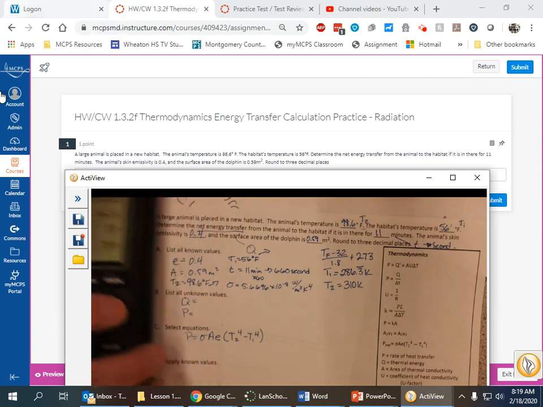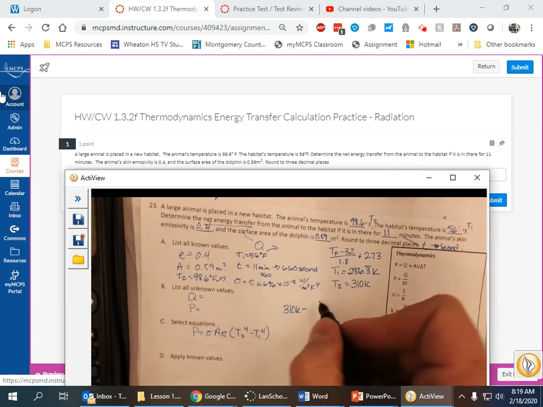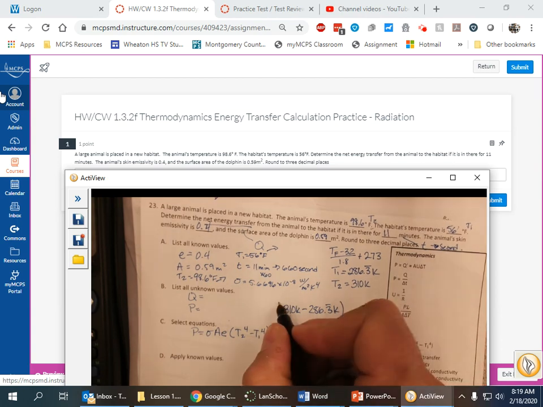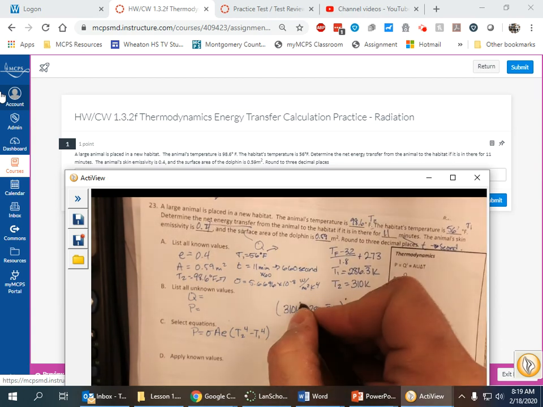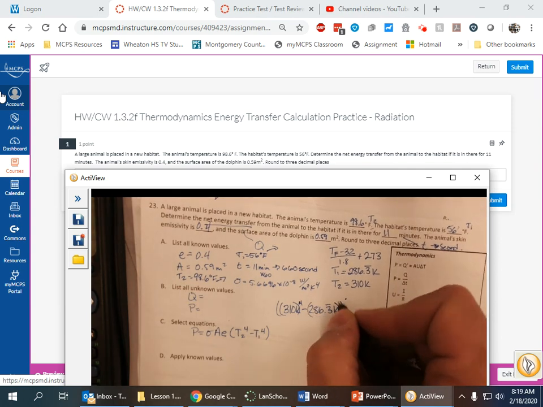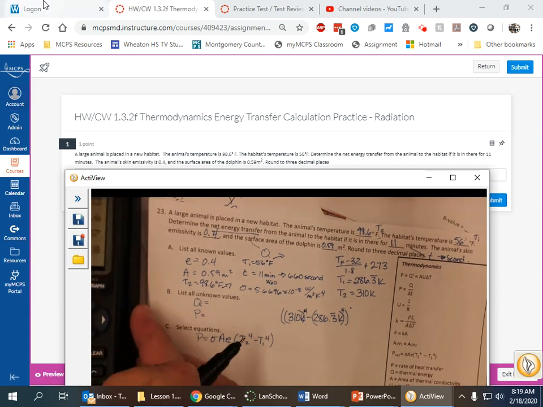So the first thing I'm going to do is the Kelvin: 310 Kelvin minus 286.3 repeating Kelvin, and to the 4th power. So I've got to do that to the 4th and that to the 4th. So I'm going to do them to the 4th first. So I'll go ahead and put the little caret